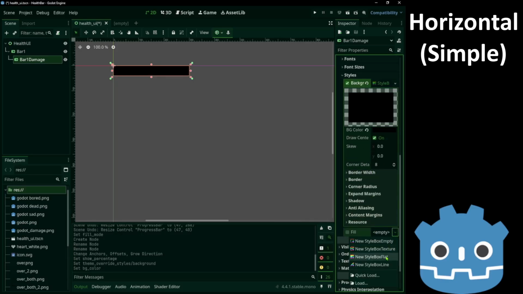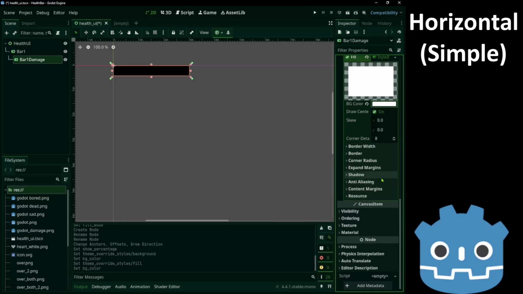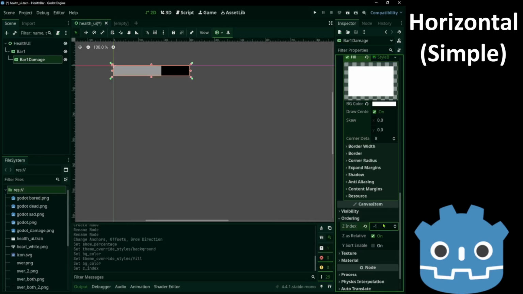And in the fill, we pick a white. Now we'll use the ordering and set the Z index to -1. That will hide it behind its parent.